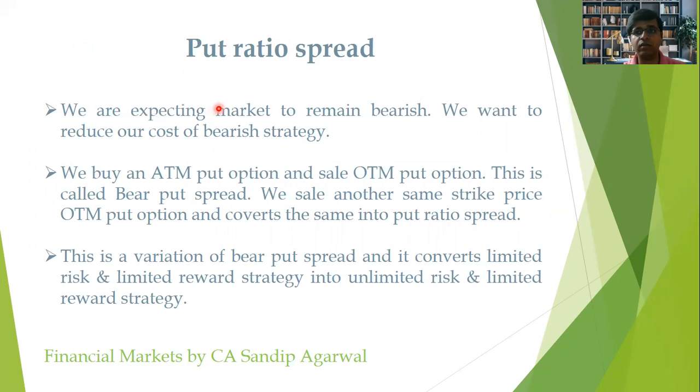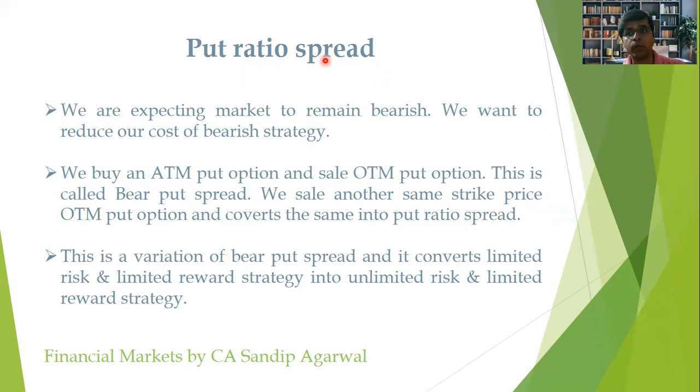Now, similarly, like the call ratio spread, which was a variation of the bull call spread, there is a put ratio spread. This is again a variation of the bear put spread. In this case, the person expects the market to remain bearish. So he basically wants to enter into a bear put spread, but he wants to reduce the cost of the bear put spread. Now, how will he reduce the cost? He will go and sell